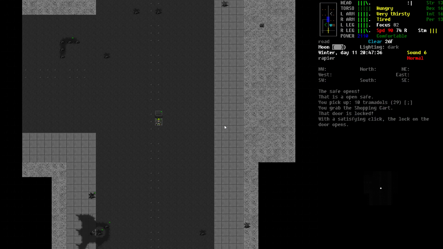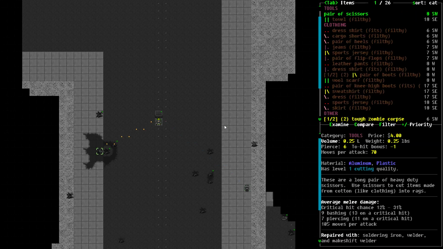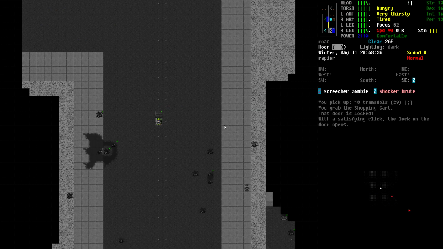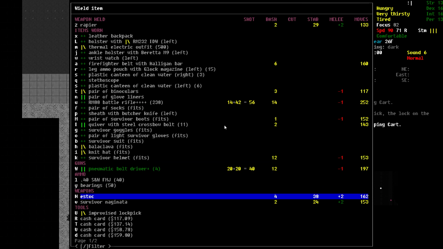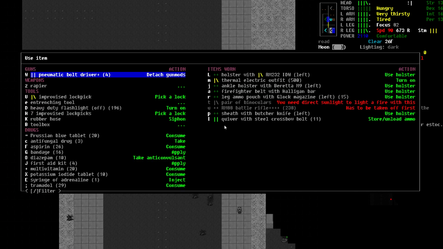Nighttime's going to help me a bit because it's going to spotlight the, exactly, shocker brute. That one I'd really rather not deal with right now. He does have a good chance of higher end CBMs. If I can get him by himself, I wouldn't mind so much. It'd be great if I wasn't wounded already. I think we can take him though. Let's wield the S-stock. And don't I have...